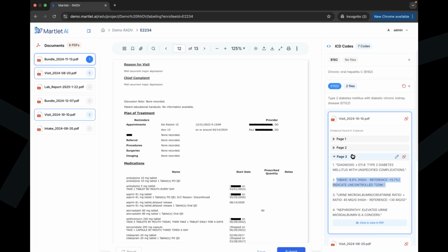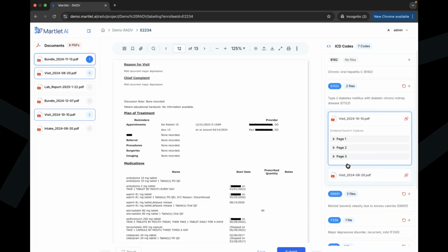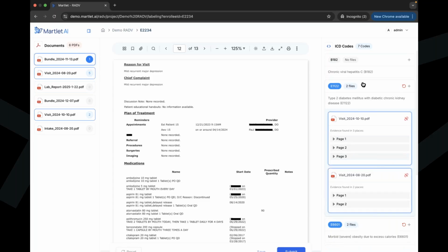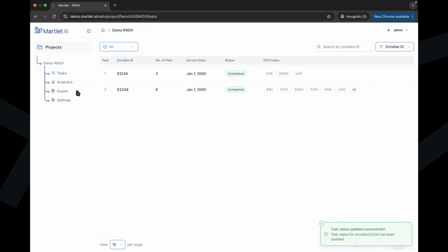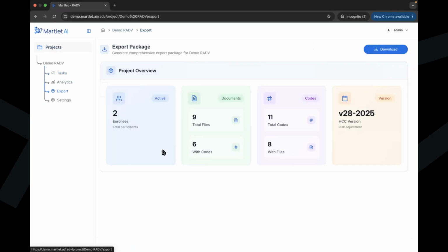The HbA1c is high, so we have evidence in multiple places for this specific condition. Once I'm done, I can just save and submit. Then I can go to export and see that 2 enrollees were in this audit packet. There were 9 files in total, out of which 6 had codes in them, because obviously when you